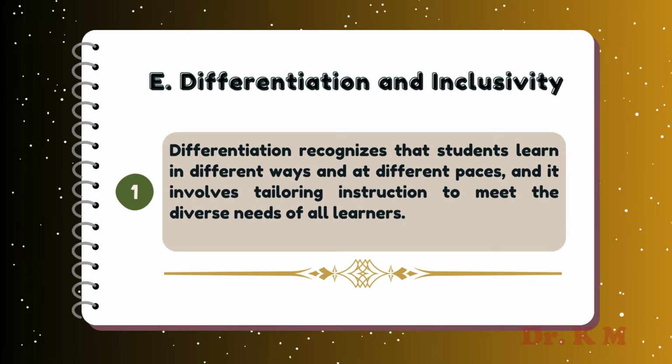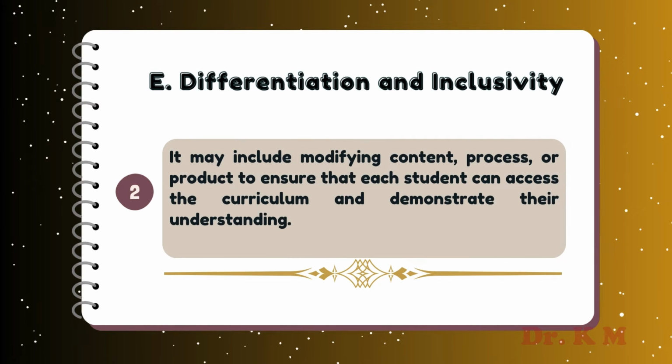E. Differentiation and inclusivity. 1. Differentiation recognizes that students learn in different ways and at different paces, and it involves tailoring instruction to meet the diverse needs of all learners. 2. It may include modifying content, process, or product to ensure that each student can access the curriculum and demonstrate